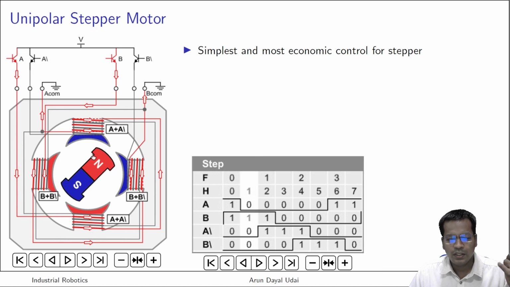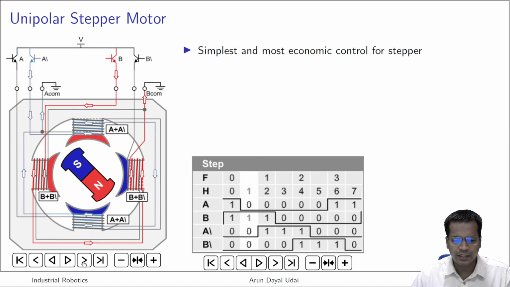So if you know your stepper motor has 1.5 degree per step, that means if you put 4 pulses, it will go to 1.5 into 4 times the angle. So that is 6 degrees it will rotate, right? And if we are moving in half step, then 4 consecutive steps will take it to 3 degrees only. So this type of running is half step running.